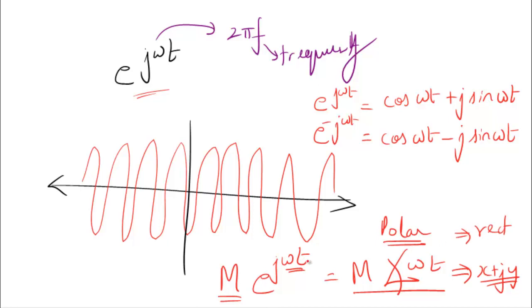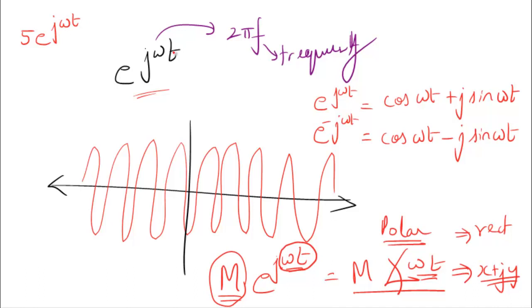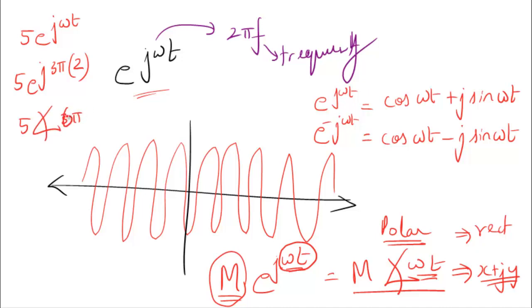You already know how to use the calculator to go from the polar form to the rectangular form. But what are the polar values here? Other than j, whatever is there goes as the angle, and whatever is multiplied with e goes as the magnitude. For example, if someone writes 5 e raised to power j omega t, where omega is, suppose, 3 pi, and t is, suppose, 2 seconds, then you can write this as 5 angle 3 pi times 2, which becomes 6 pi.